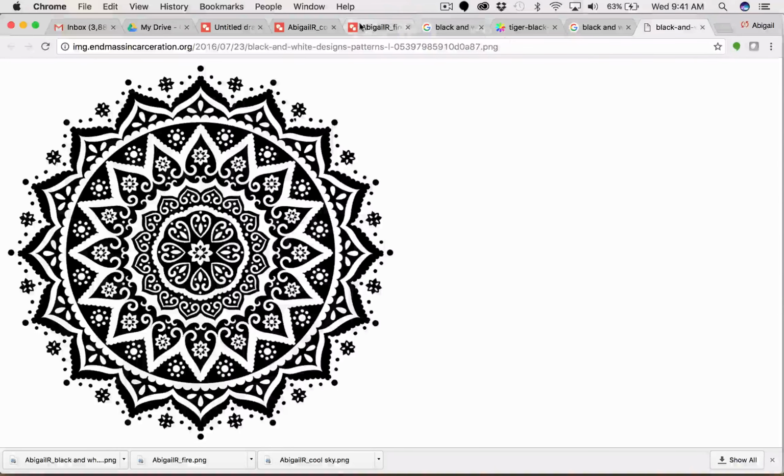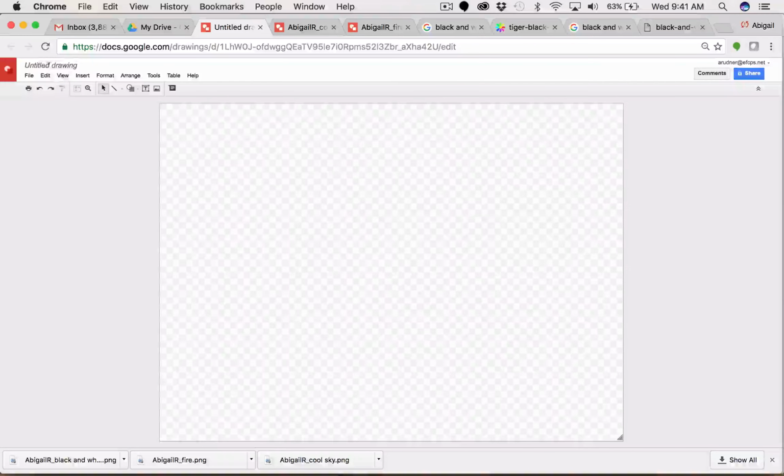Then I'm going to switch back to my artwork. Now it's very important that you put your name properly on your document. This is part of the test. Your file name should have your first name starting with a capital letter and then the first initial of your last name in a capital letter followed by an underscore, and then you can call this piece Black and White